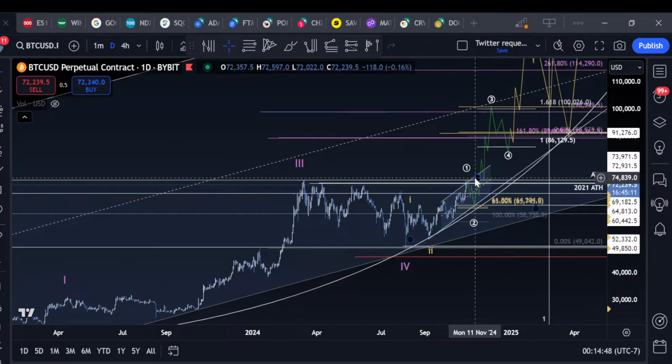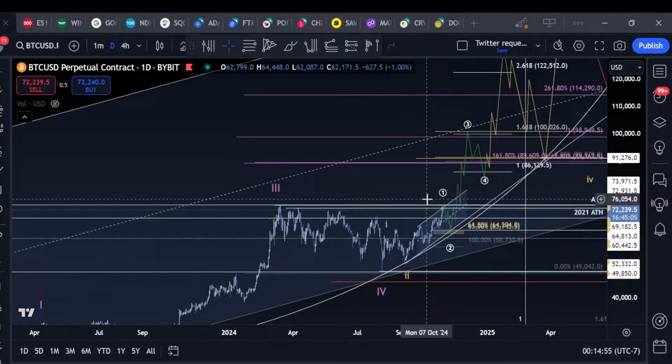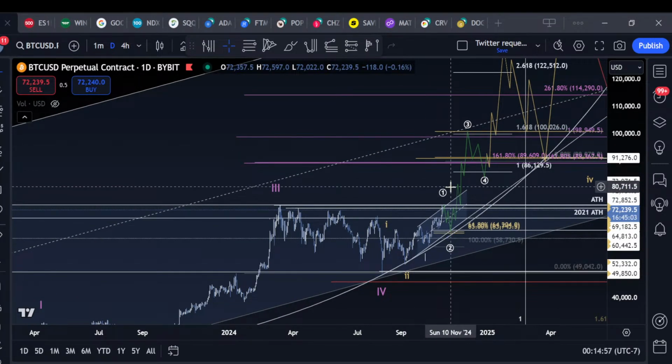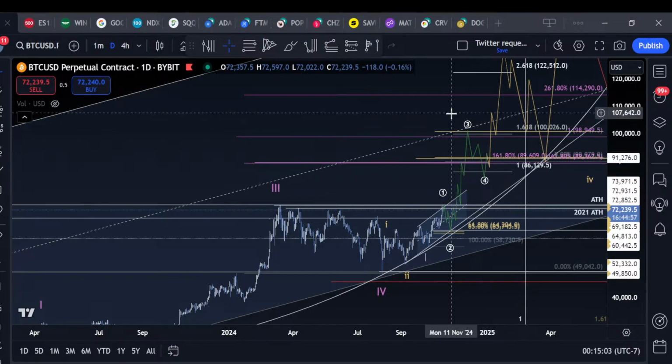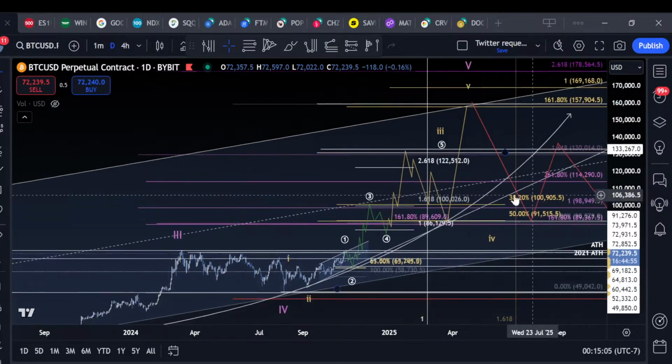The question is, is it going to wick above the high and go straight down? That's a failed breakout. That's part of my local setups. I think the question here, price goes to 80. The question the whole way up is just going to be, how high is it going to go? 80K, 90K, 100K? Well, I'm just going to pull fib extensions.